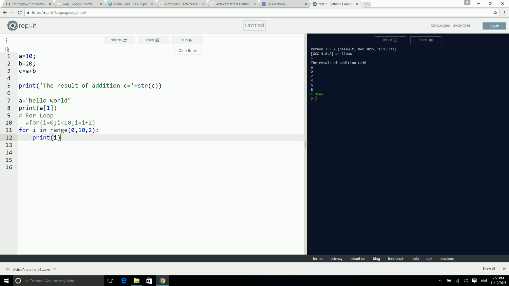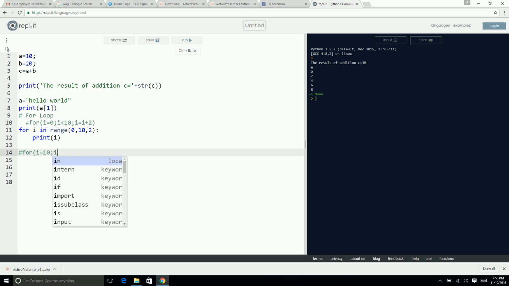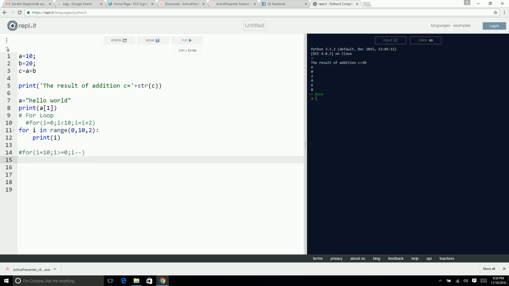Now, this is fine, but what if I want a C loop which is something like this? For I is equal to 10, I is greater than or equal to 0, and I minus minus. Sometimes I may want to decrement the loop also, not always is it going to be incremented. So how am I going to specify? Again, it's the same thing. For